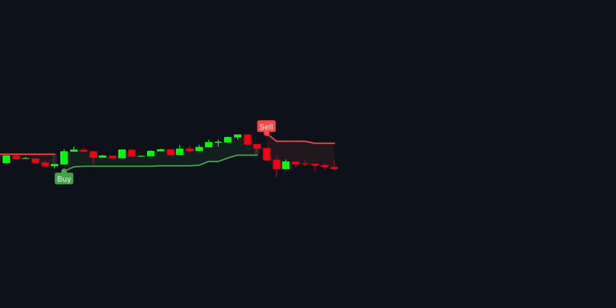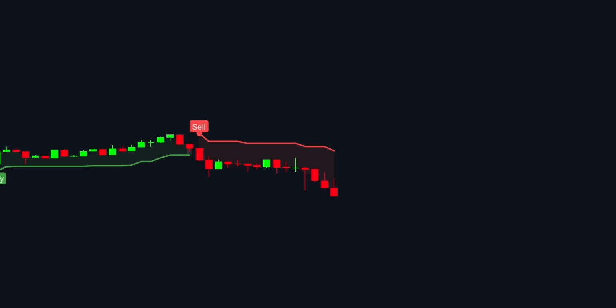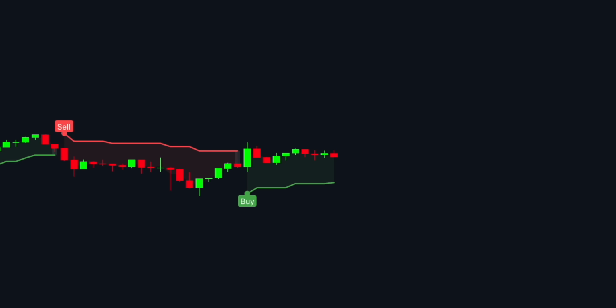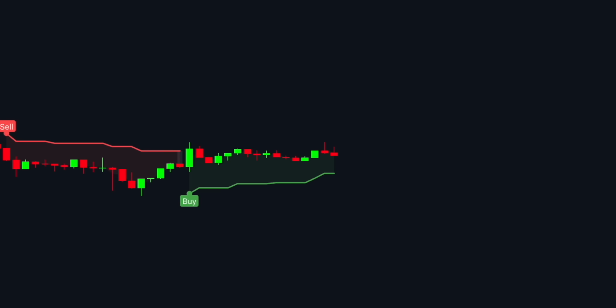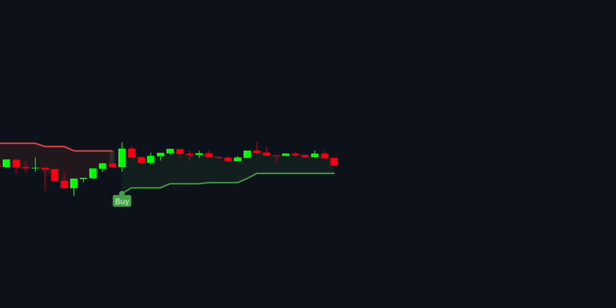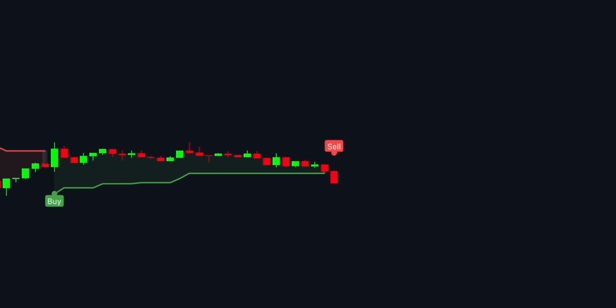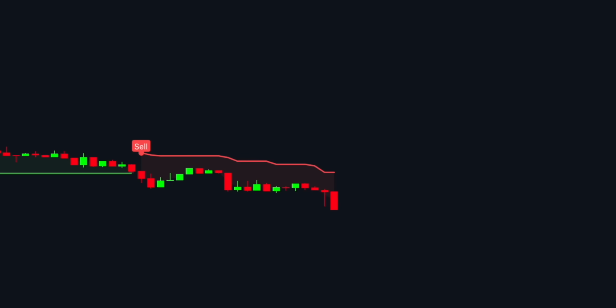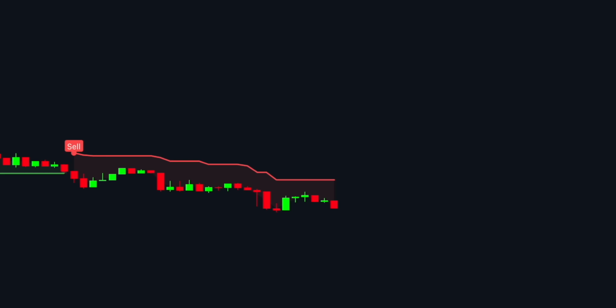If the line switches from red to green, it might be a signal that the bulls are taking over, and it could be a good time to buy. If the line switches from green to red, it might mean that the bears are in charge, and it could be a good time to sell. In simpler terms, the Supertrend indicator is like a traffic light for traders. It uses color signals to tell traders when it might be safe to go, and when it could be better